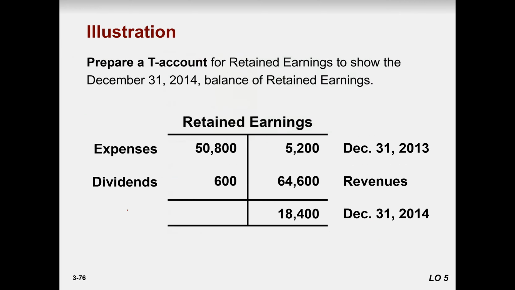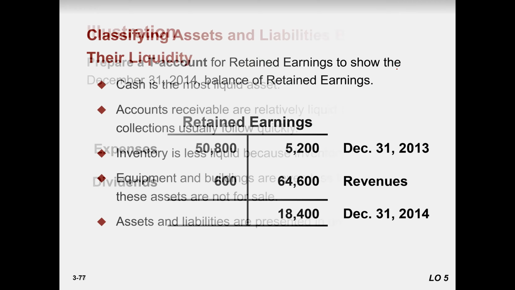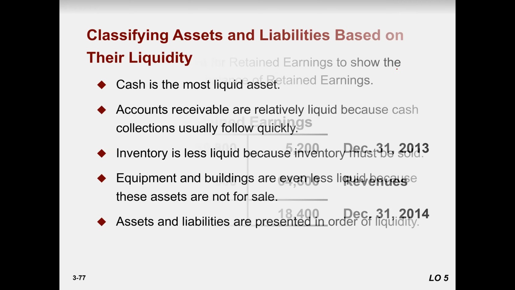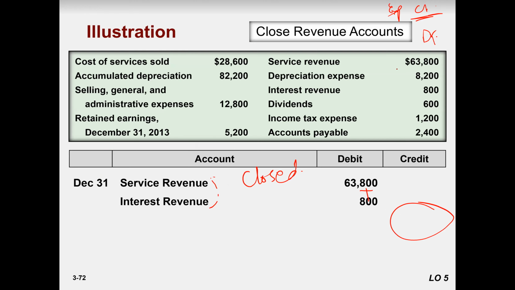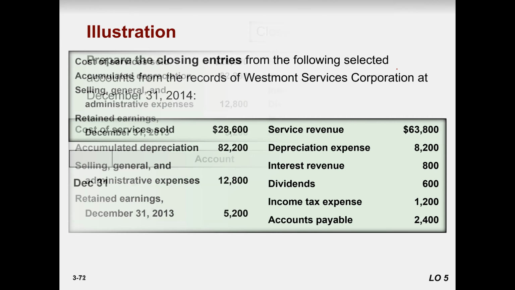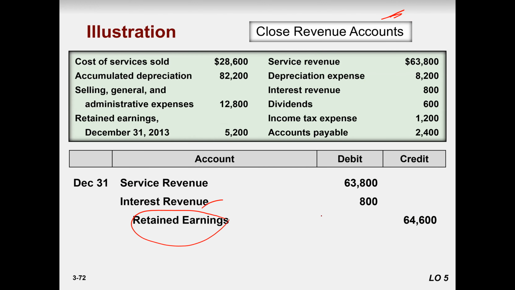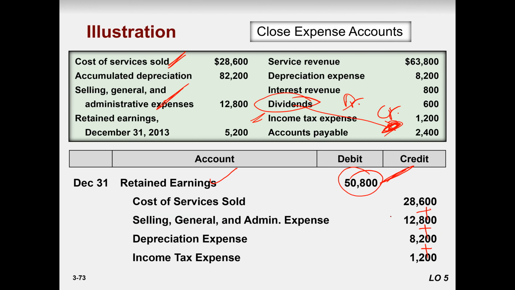And now preparing the retained earning T account. So look at the entries here. Close of revenue accounts here. What is the entry here? Retained earning is being credited with 64,600. So the retained earning account must be credited with